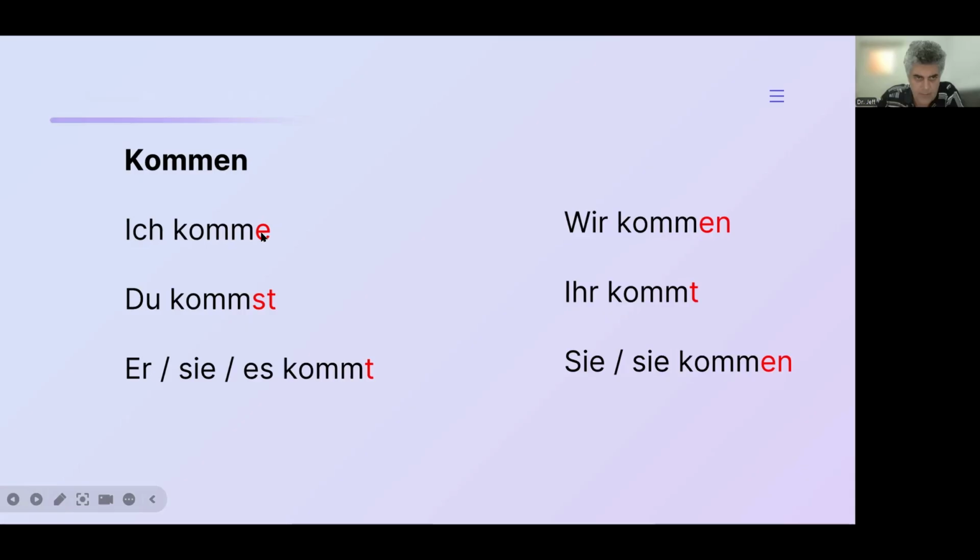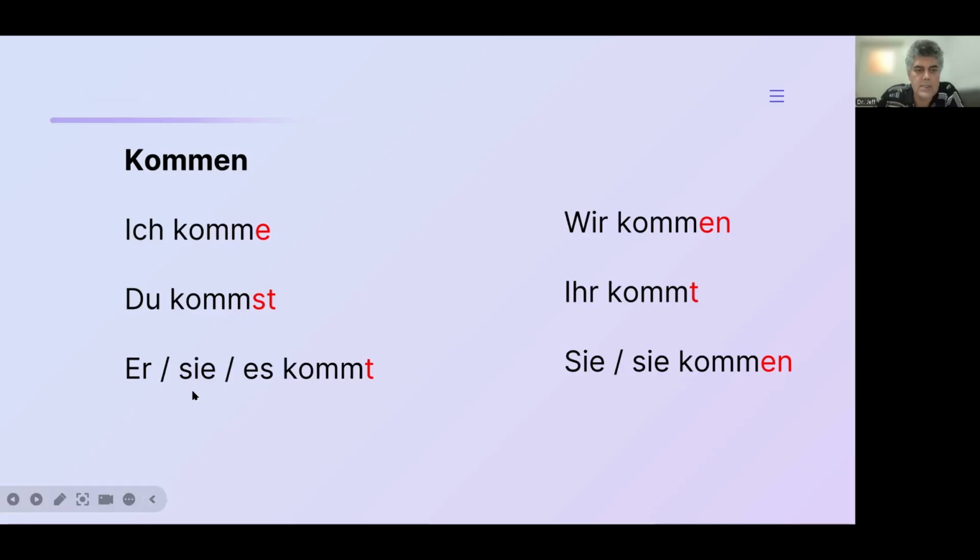Look at these suffixes here. I've made them in red color so that they are distinguished from the root. The root is fixed, you see. You remove this n from the end, and then you use this root, fixed for all, it doesn't change. We just add these suffixes to it. So komm, ich komme. For this first one, ich, we add e. Ich komme. Du kommst.